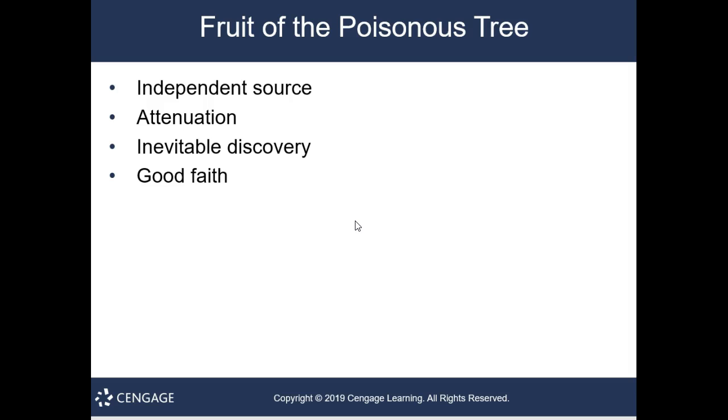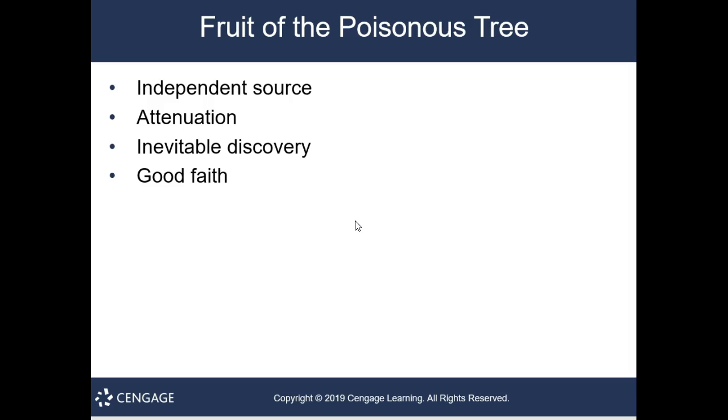When something's going on that makes the evidence not wrongful anymore, then we're going to allow it in. Okay, so one of those is the independent source rule, and what that means is